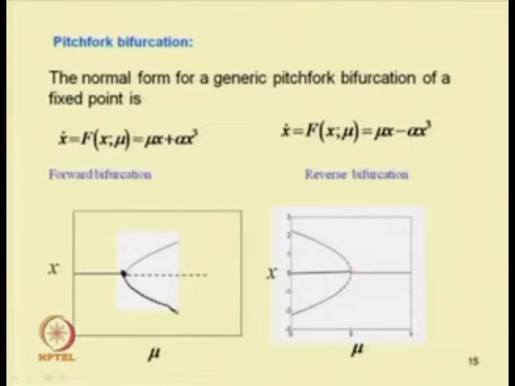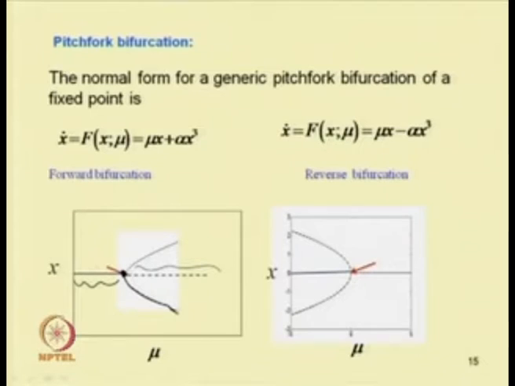So, this point, that is x equal to 0 at mu equal to 0, is a bifurcation point, because there is a change in the number of solutions and also a change in stability of the system. For the trivial state, one can see that this part is stable and this part is unstable, because the eigenvalue of the Jacobian matrix becomes negative for this part and positive for this one. Similarly, for these two, that is the non-trivial state, the eigenvalue becomes negative. As the eigenvalue is negative, these two are stable.